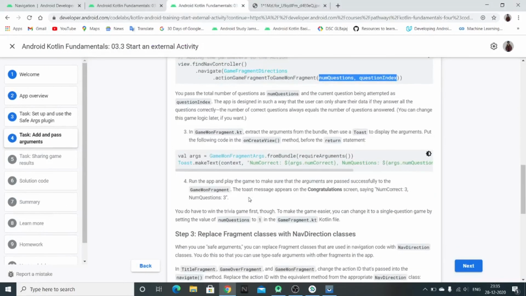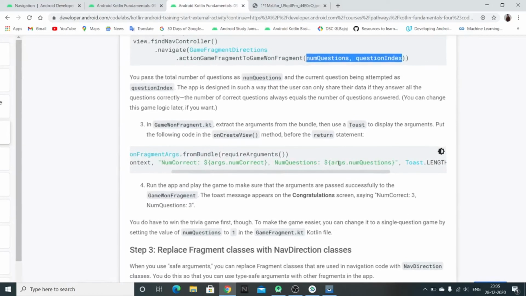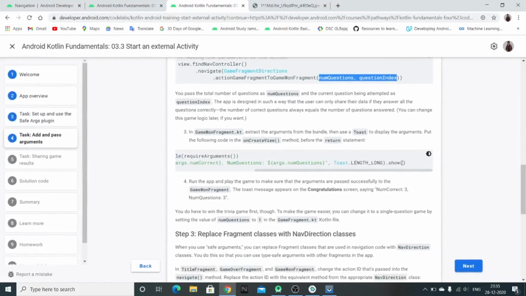And next, we'll first be receiving the arguments using this args. Then we'll be adding this toast using the Toast.makeText method. And then we'll be using the num correct, that will be the correct number of questions, and the number of questions, the num questions. Then the third parameter, we'll be passing the length of the toast, that will be Toast.LENGTH_LONG, and then the toast.show function.